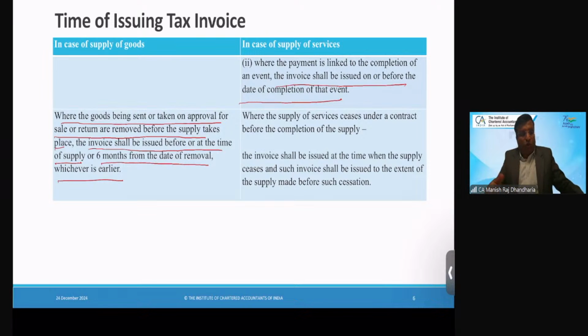मैं दूसरा समझाता, एक और क्वेश्चन इसमें बन सकता है। Someone can also ask कि हमने 6 महीना के बाद इनवॉइस बना दिया, but say for example after 8 months कस्टमर ने उसको एक्सेप्ट कर लिया, तब क्या होगा? तो भाई अगर मैंने जो इनिशियली इनवॉइस बनाया था वो उसी कस्टमर के नाम पे बनाया था, तब तो कोई दिक्कत नहीं है अगर वो after 8 months एक्सेप्ट कर लेता है, because as we discussed earlier GST law says कि हमको इनवॉइस सप्लाई के पहले बनाना है। तो ठीक है, वो 8 महीना बाद एक्सेप्ट कर रहा है, but हमने इनवॉइस पहले बना दिया, कोई दिक्कत नहीं।